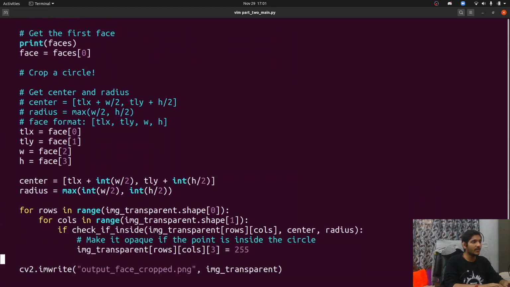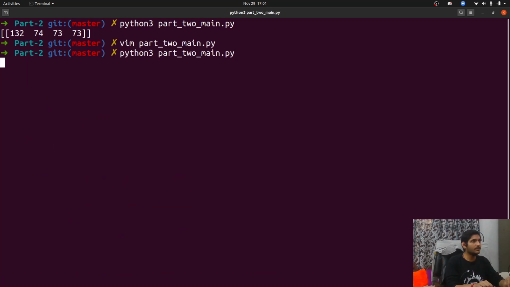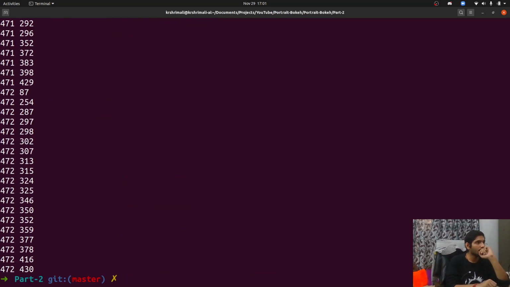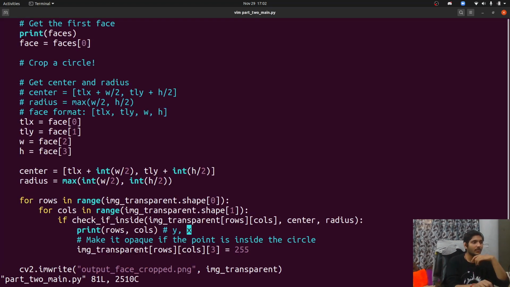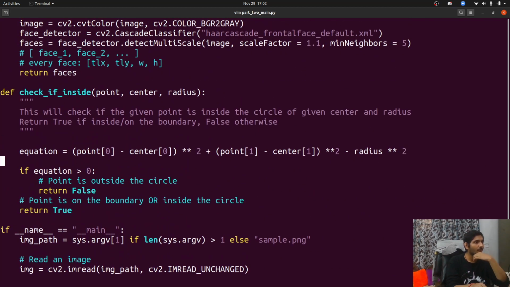So I'm going to print these rows comma columns, which will be in the format of y comma x, right? I was pretty sure that we had our coordinates as 170 or something for our face, but these coordinates are 472 in this form. So we are very sure that we did something wrong here. Let's go ahead and correct this. I think it's doing just the opposite, and that's the problem.